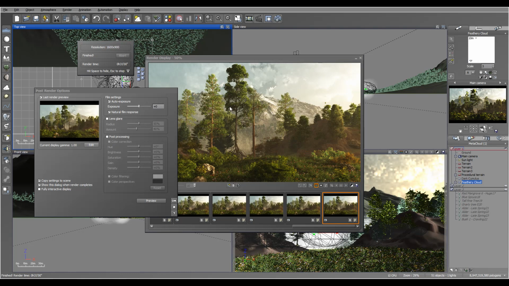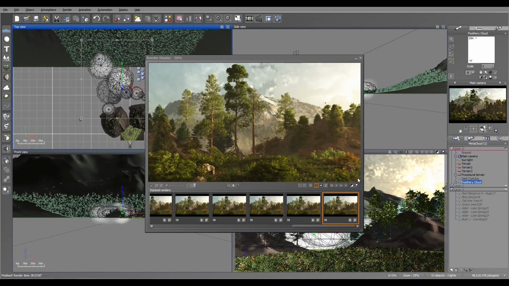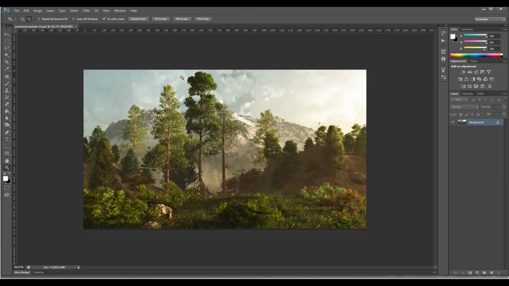So right here our render is done. It took almost about an hour for this resolution. So if you have a higher resolution and quality, obviously this will take a longer time. We'll go ahead and save this as the PSD image and go inside Photoshop